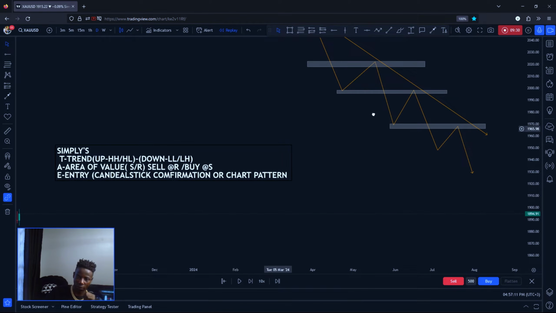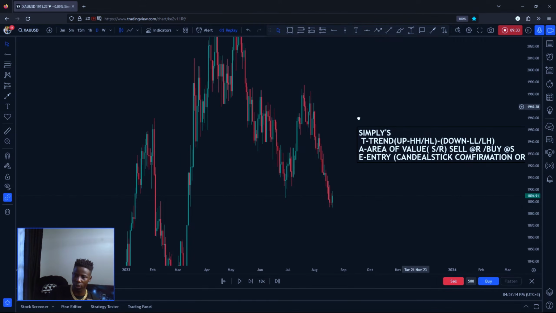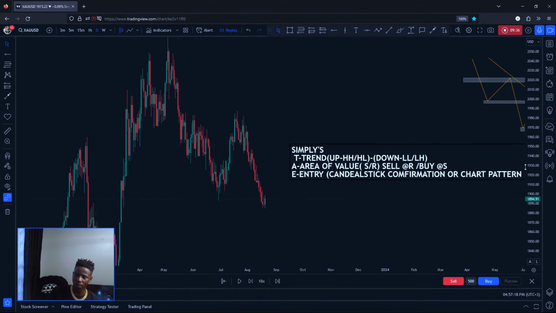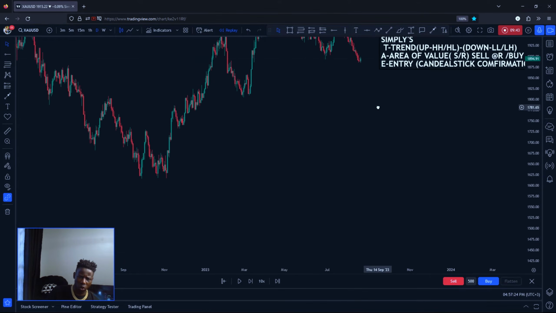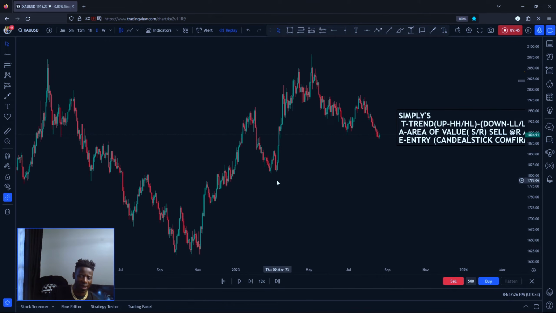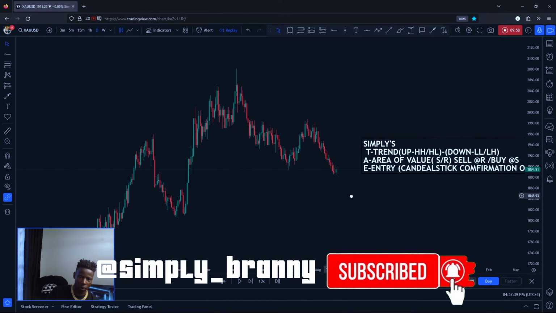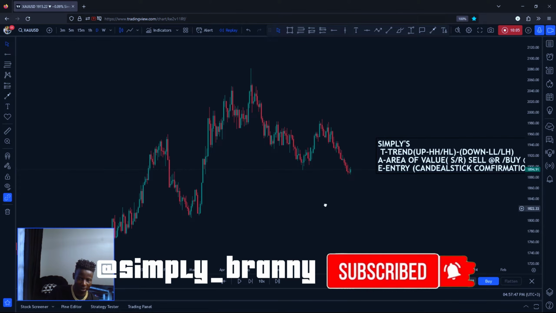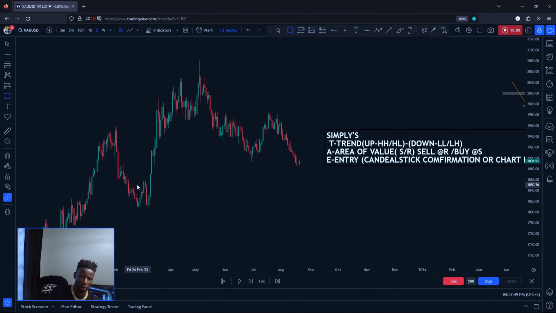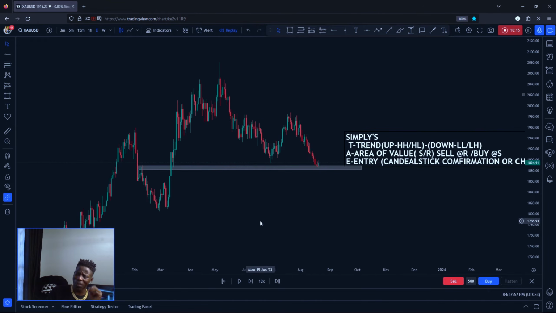So it's like this now. Let's go straight to the chart so that I can show you something. This is a daily time frame. First of all, you will realize we are in a market trying to break down, going down, making lower lows. Are you seeing that? So we draw our area of value. We have this support. Are you seeing that support? Which means if we are in a downtrend, sell at the resistance.